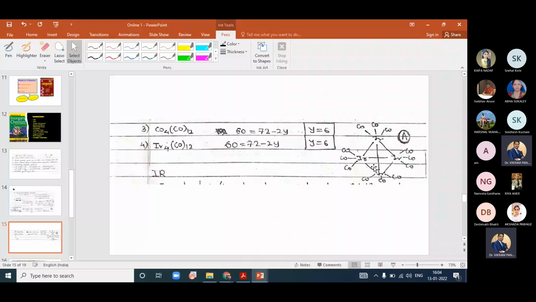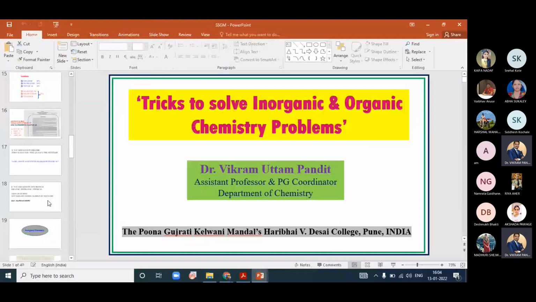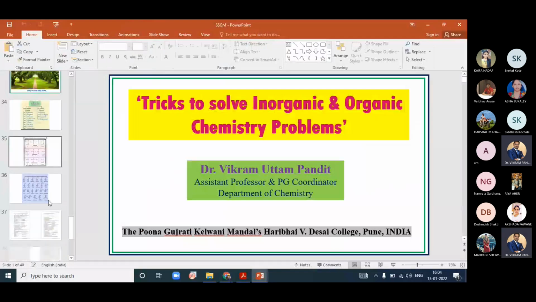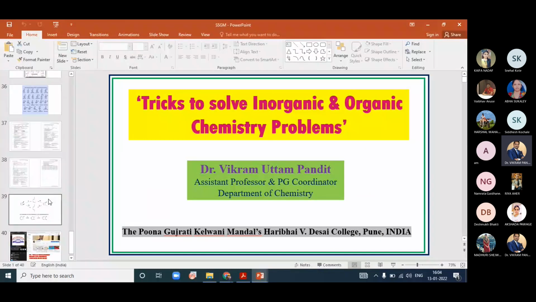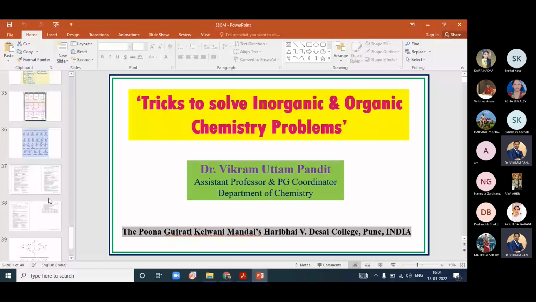In the case of this NET exam or even a GATE exam, there are certain examples which give us different types of problems, and there are so many problems based on this. Now, I don't remember, but I think a few of the questions are included here to find the metal bond. Okay, those are not present over here, but still it's okay.